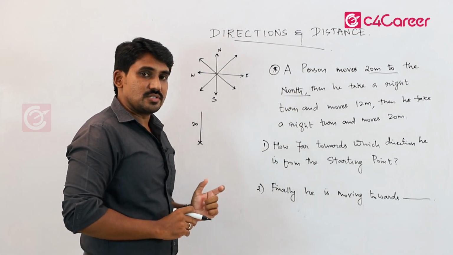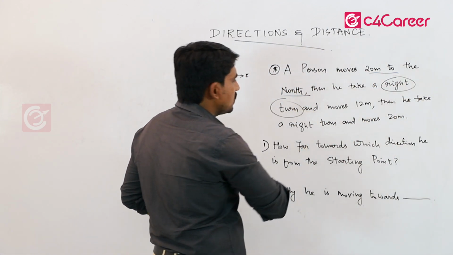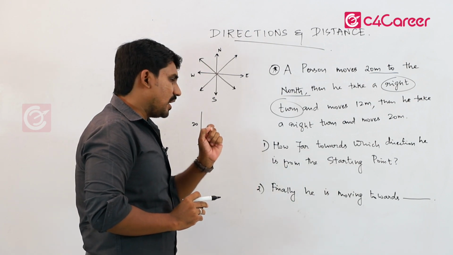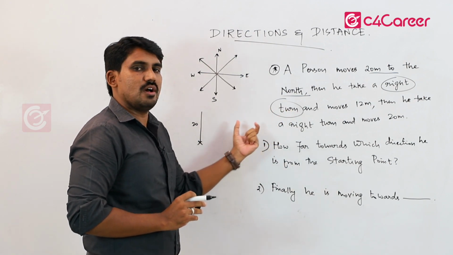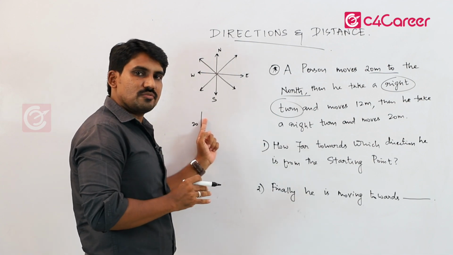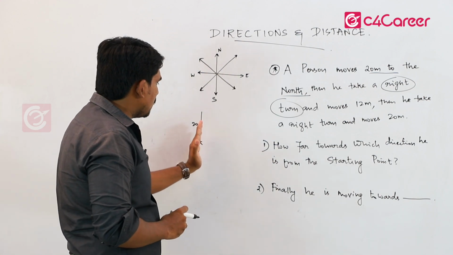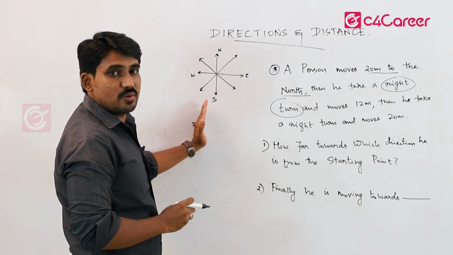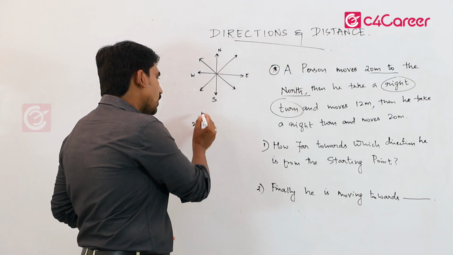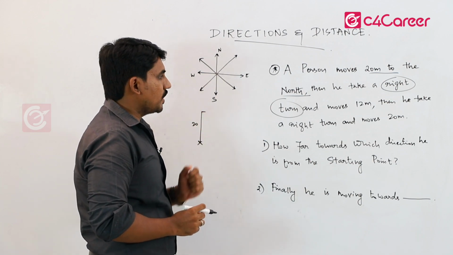Then he takes a right turn. Now this is very important in direction, right? Right turn, left turn, you should know what is right, what is left. To better understand this, how you can do the question in the exam is, just consider yourself standing on this line, and what is your right, what is your left. Now you are moving on this line, what will be your left? Yes, this is your left and this is your right. Therefore he takes a right turn, just mark a line like this, right?